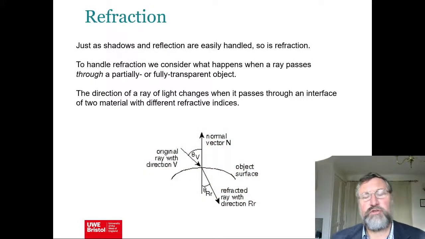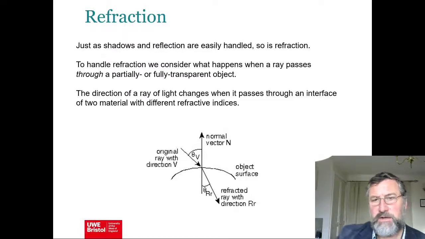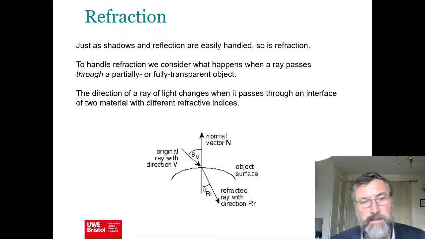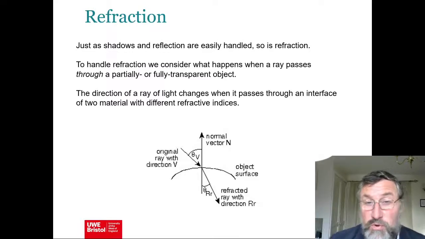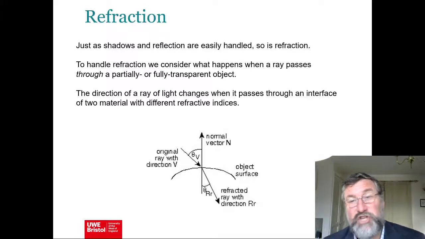Refraction then. Now it's not just reflection, we can also have refraction. Do you remember I showed you near the beginning that sheet of glass on top of the coffee table? So just as shadows and reflection are easily handled, so is refraction. But to handle refraction, we need to consider what happens when a ray passes through a partially or fully transparent object. Okay? Now the direction of a ray of light changes when it passes through an interface of two materials